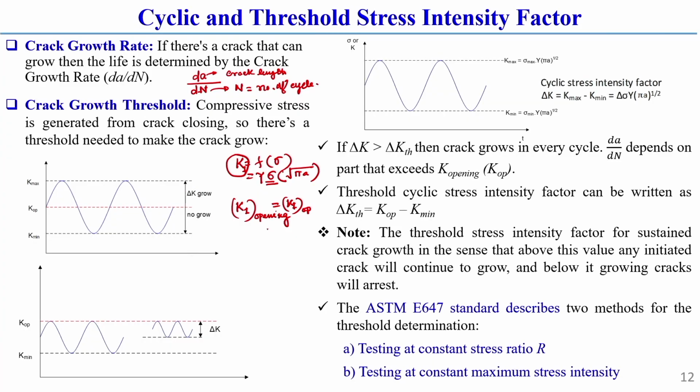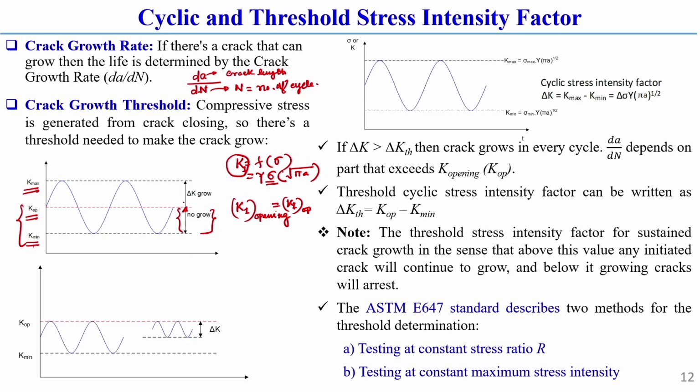So, what is stress intensity range or cyclic stress intensity? First of all we should know. After that we will discuss what is threshold stress intensity range. So, you got the idea. Let us consider there is a K mean value, and this is the K opening stress intensity factor, and this is the K max stress intensity factor. From K mean to K opening, you see there is no growth of crack, that I am showing. So from here to here no growth of crack is there.